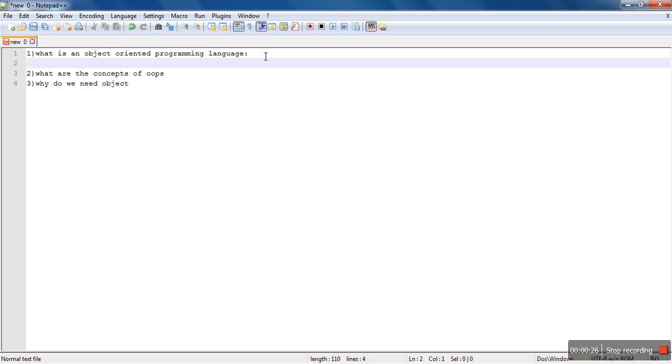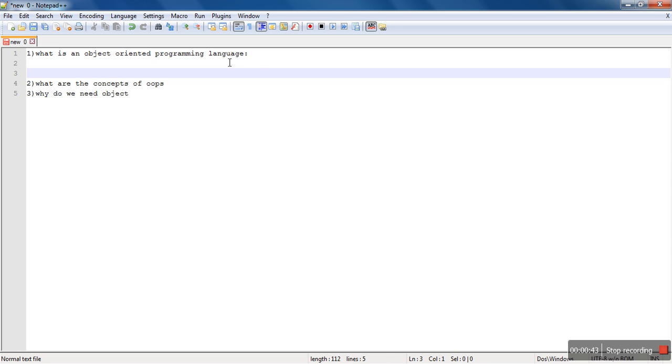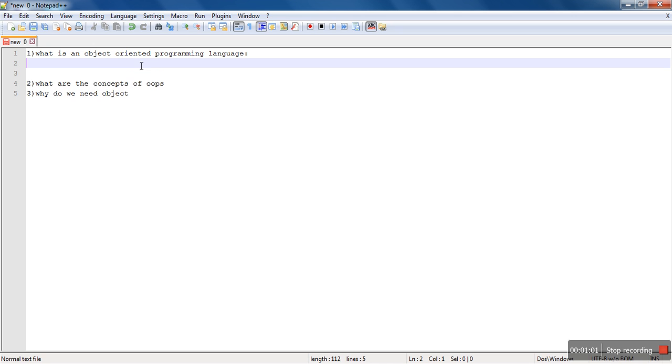Any programming language can be called an object-oriented programming language if it satisfies all the features of an object-oriented programming language. It's a simple definition. Then what are the features of an object-oriented programming language? The features are: